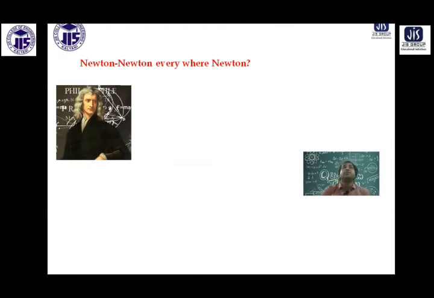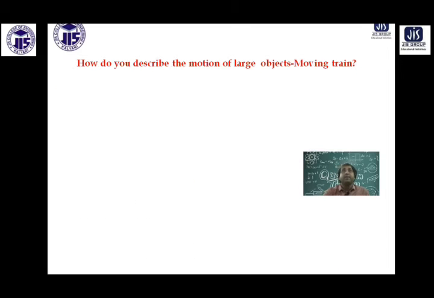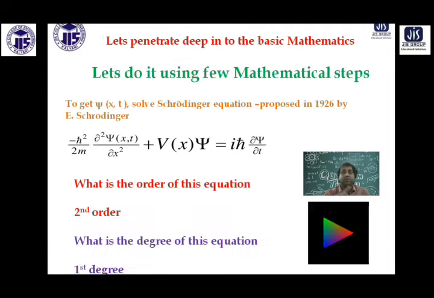This is the equation of Schrodinger. Please see, this is the equation of Schrodinger. It is also a second order first degree differential equation. And the Newtonian equation, F is equal to m d2x/dt2, is also a second order first degree differential equation. So structurally speaking, there is no difference between the two ideas, I mean at the level of the differential equation.